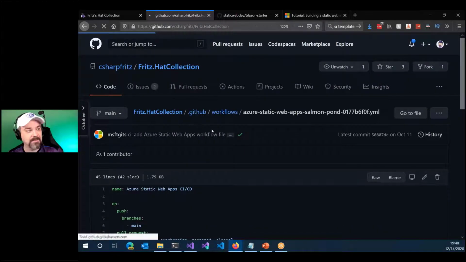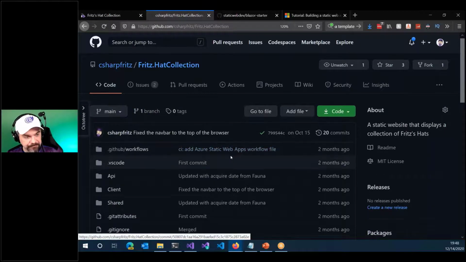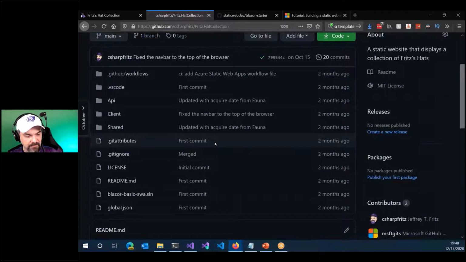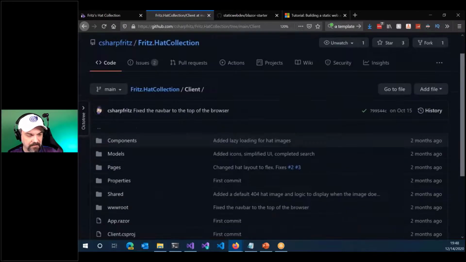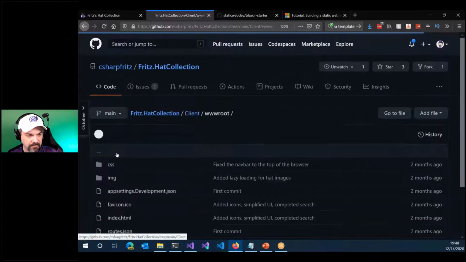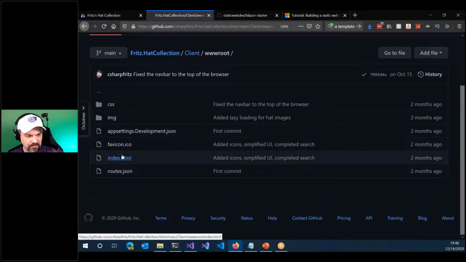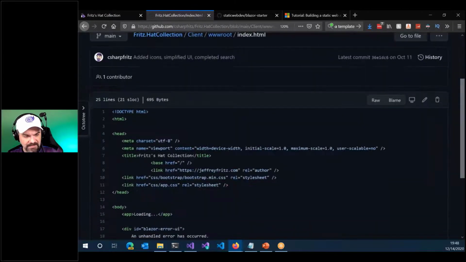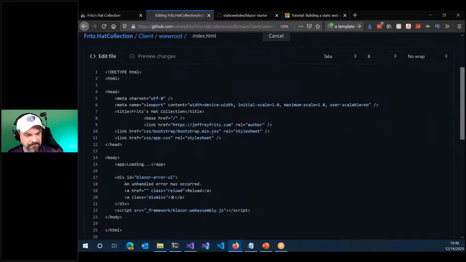Check this out. Let me show you this. Let me go in here. Let me do a quick change to something here. I'm going to click into root. Just for the sake of showing you something here, I'm going to click into index. I'm just going to change the title here. I'm going to click to edit this file. And here, Fritz's Hat Collection. I'm going to change this to the